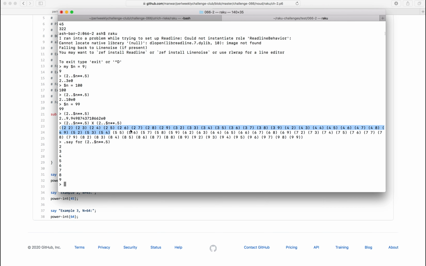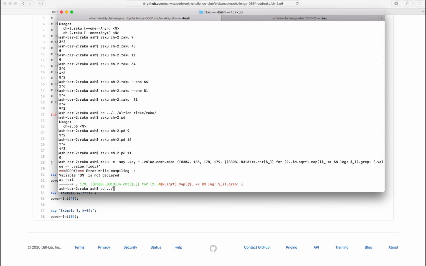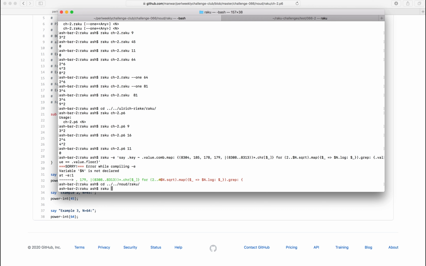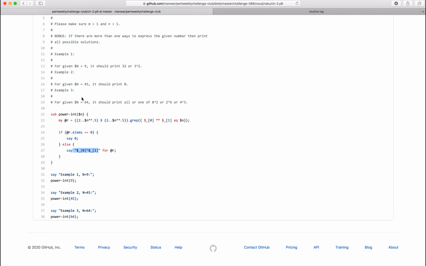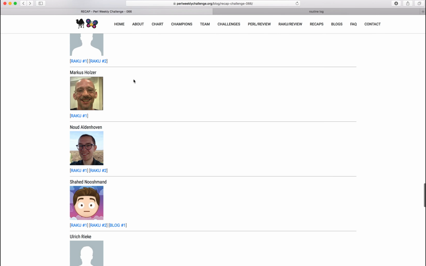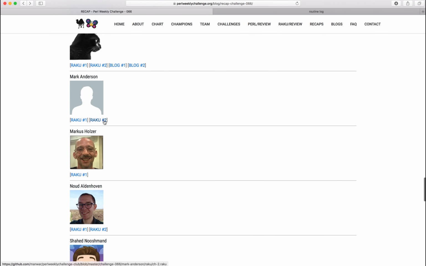So let's go to the solution, cd node Raku 2. Right, so all the examples that we want to see are here, all the 3 cases. Right, next there's no explanation here. From Mark Anderson,